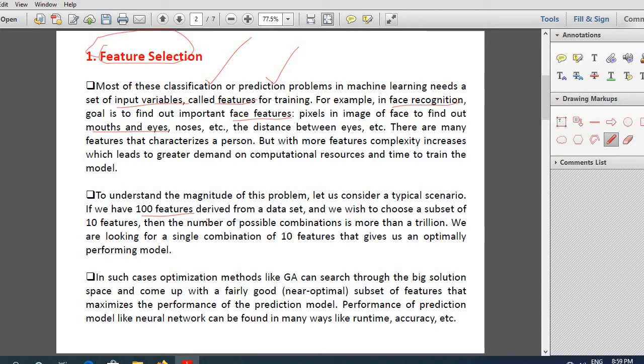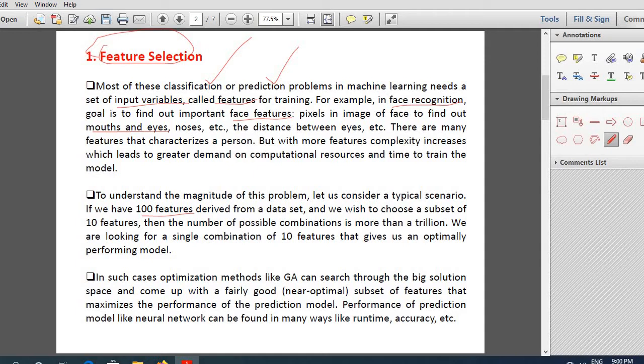It is very difficult to give all these features as input and train the neural network. So what usually happens in machine learning is that the best number of features will be selected for training the network. For example, if 100 features are there, sometimes we may choose a subset of the best 10 features which will represent your face or something like that. So with that you train the network.